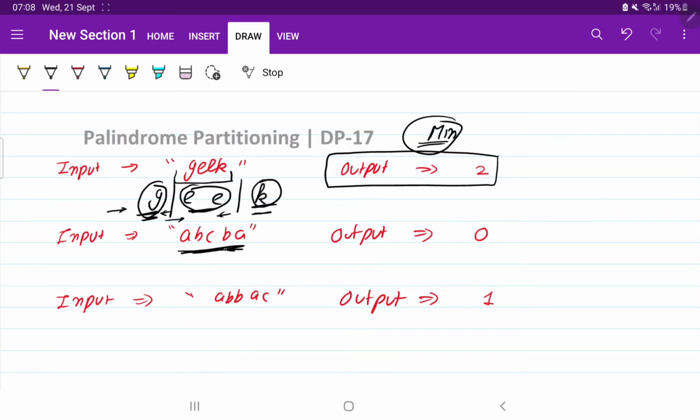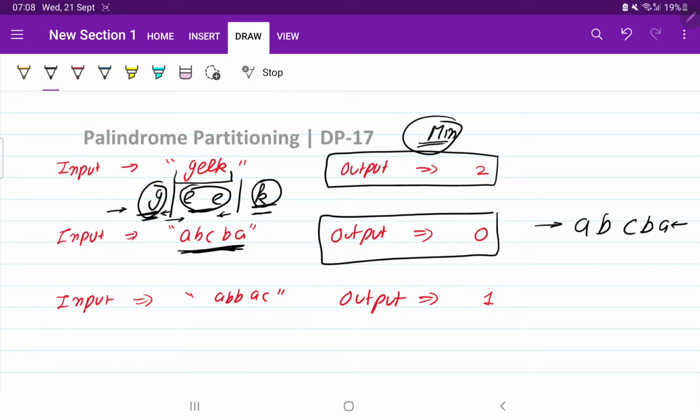So let us take the second example, A B C B A. If you look, it is already a palindrome, which means no partition is required. So that's why the output will be 0. Perfect. Now let us take the third example, A B B A C. A is here, B is here.